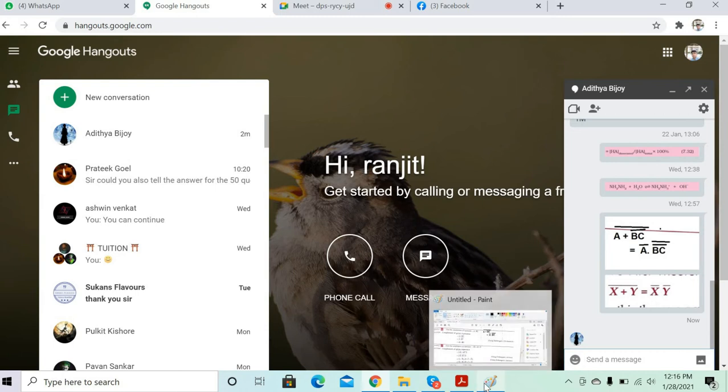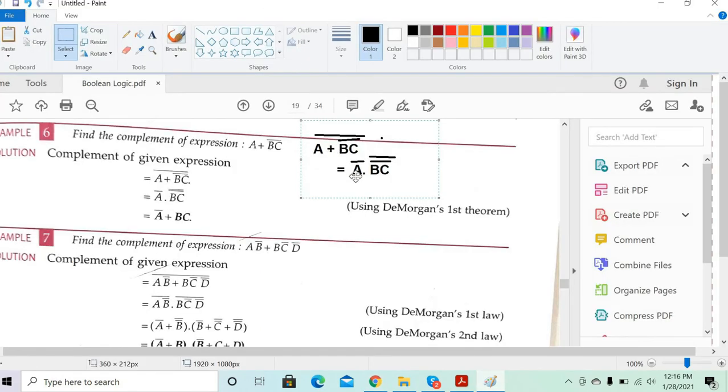So we can turn it back the other way also, no? You can take it the other way. Yes, why not? But we need to solve it. What will happen now? So the final answer can be A complement into BC complement, or it will be A complement plus BC. Yeah, that we can also do. Both could be right. Both would be the correct answer.